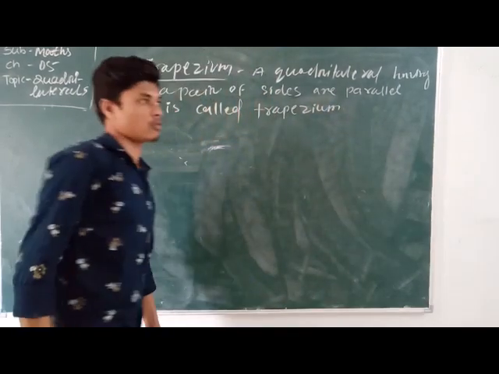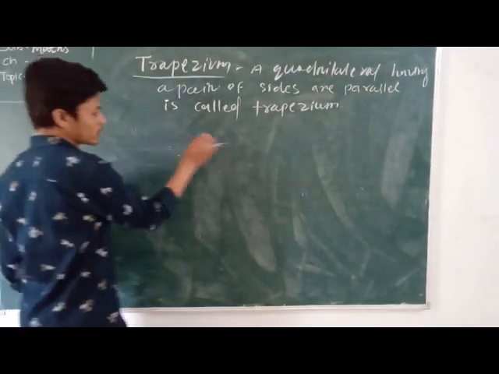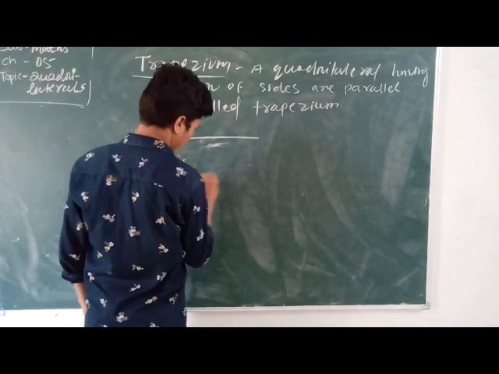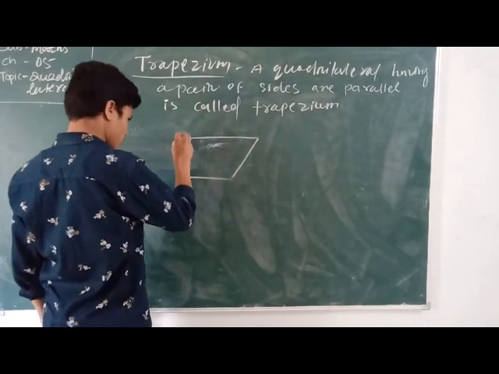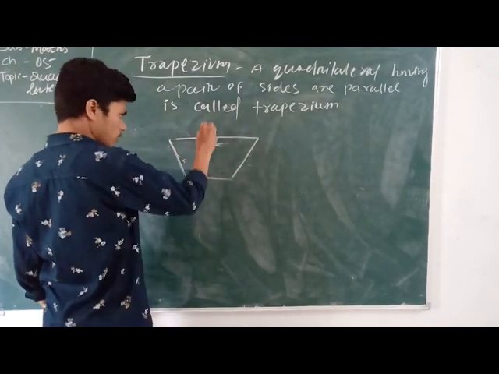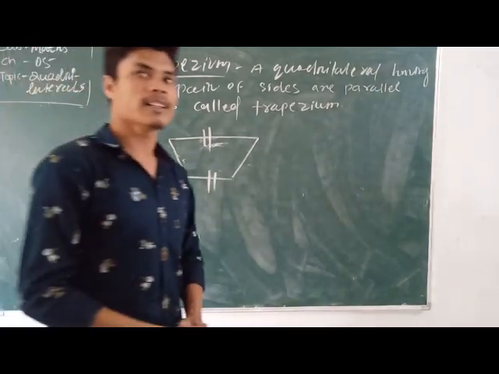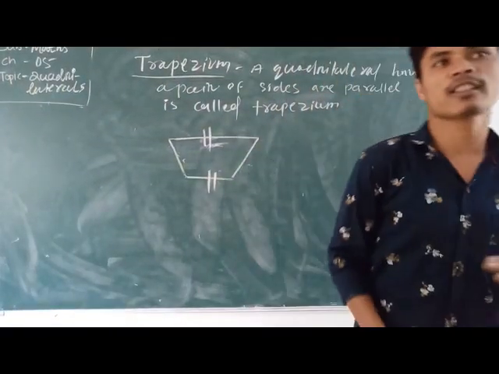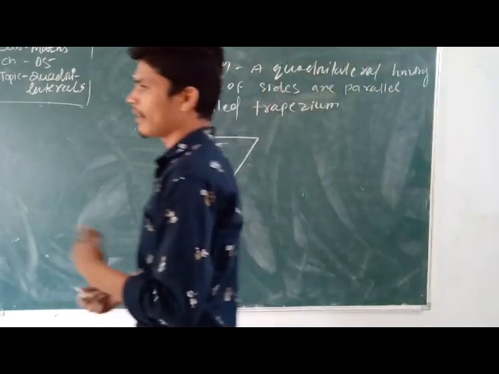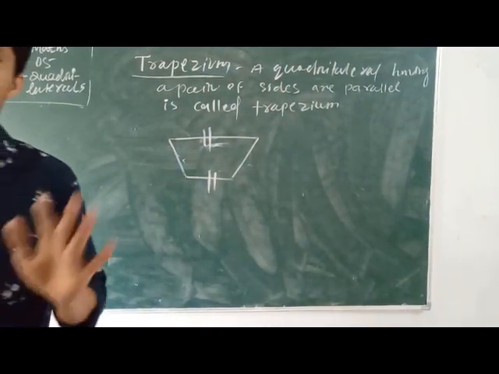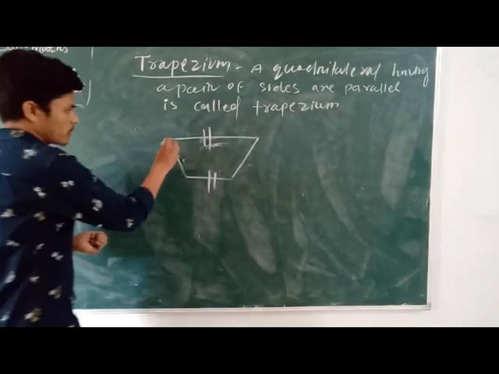Now see, the example of a trapezium is clear. One pair of sides are parallel. You can construct this side parallel with this side. Parallel means what? They can never intersect in any place. The distance between them goes infinite. They can never meet each other. Clear about the parallel trapezium?